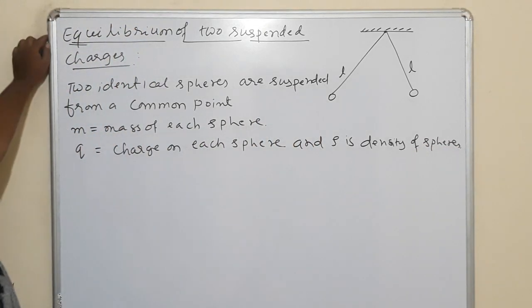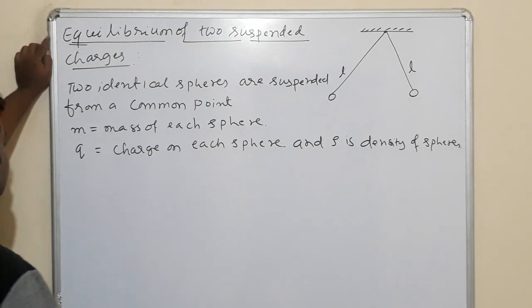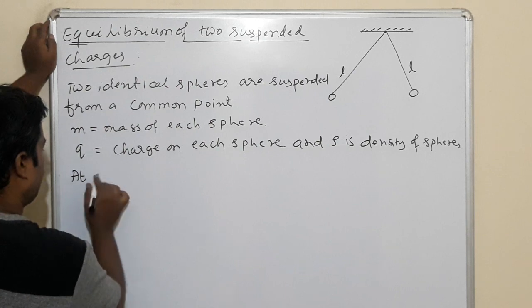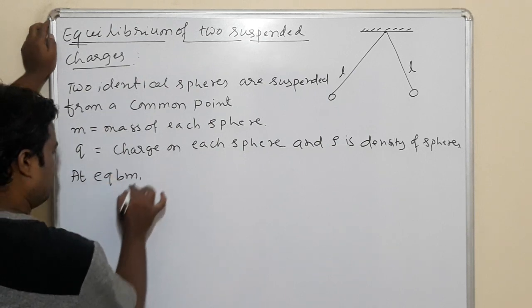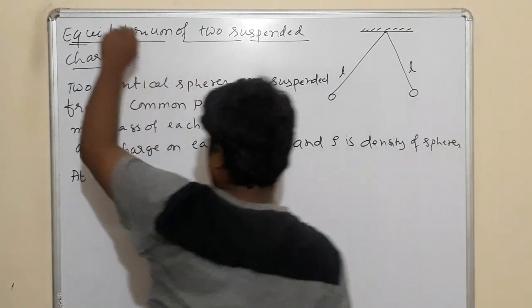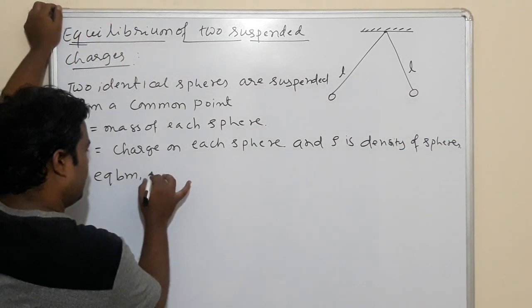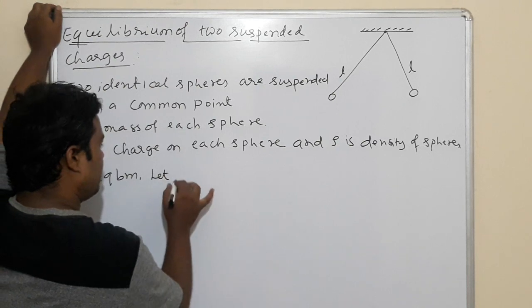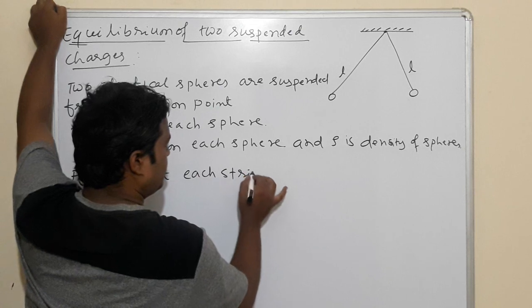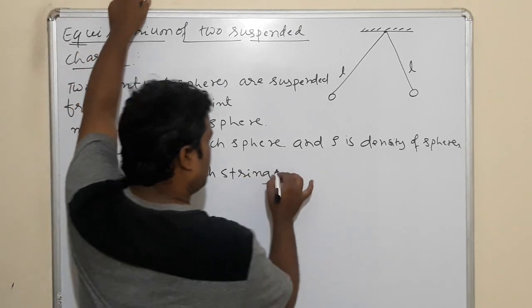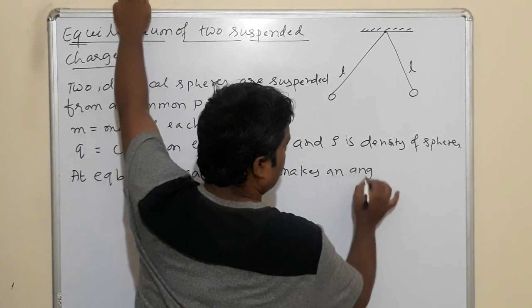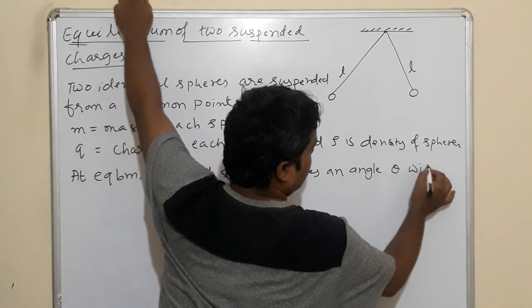This is the situation, and at equilibrium, means after repelling to a distance, let each string make an angle theta with the vertical,